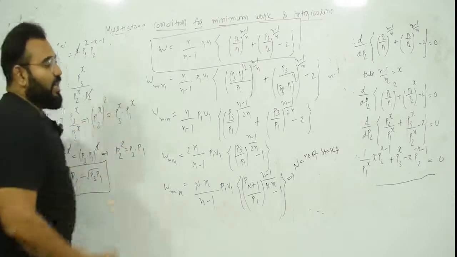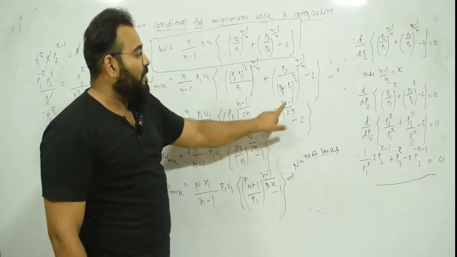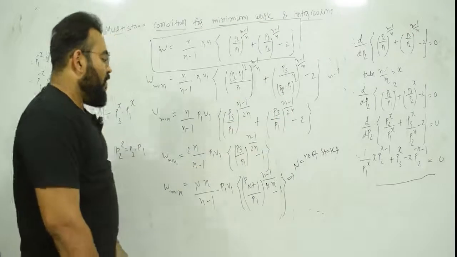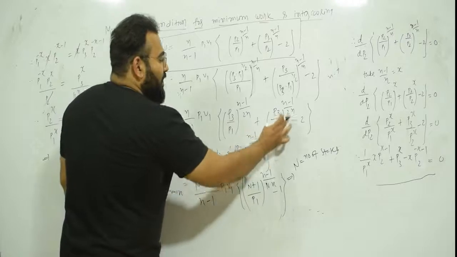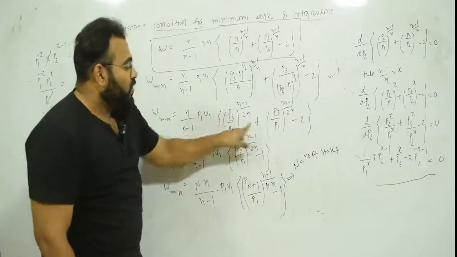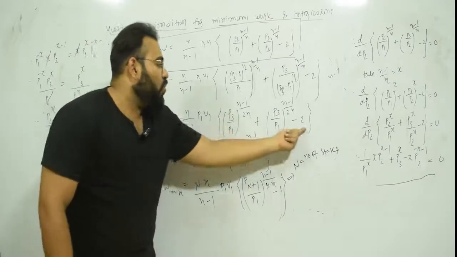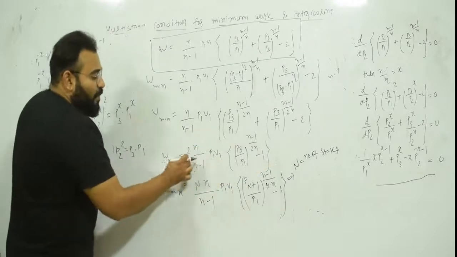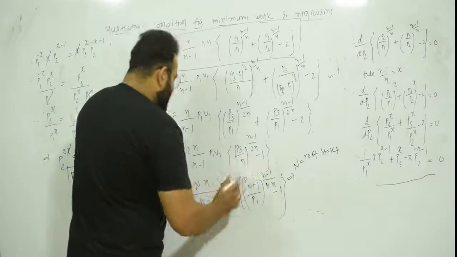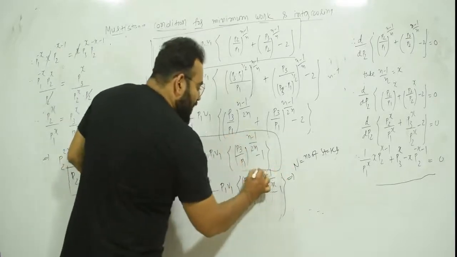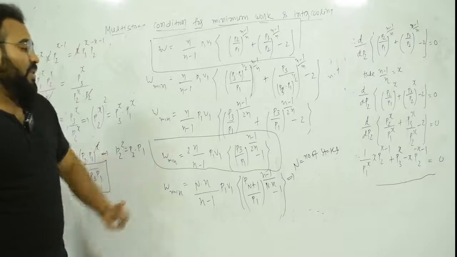Okay. So same logic over here. So now I'm not going to explain. Same logic is applied over here. So that's why p3 upon p1 raised to n minus 1 upon 2n. Now what will happen? Here p3 upon p1 raised to n minus 1 upon 2n plus p3 upon p1 raised to n minus 1 upon 2n. So this will become 2 into p3 upon p1 raised to n minus 1 upon 2n. So 2 common, so 2 will be outside. So W minimum is 2n upon n minus 1 p1 V1 bracket p3 upon p1 raised to n minus 1 upon 2n minus 1. So this is the minimum work for two-stage compression with perfect intercooling.